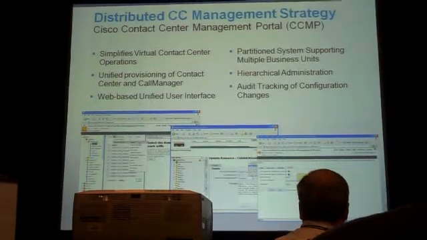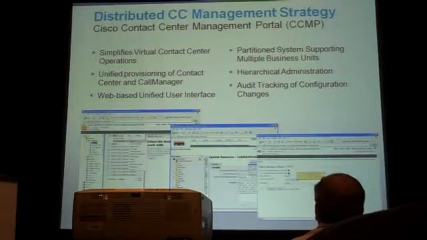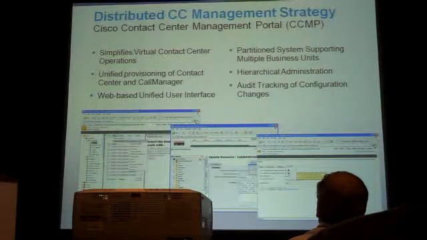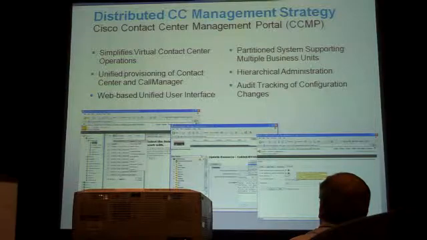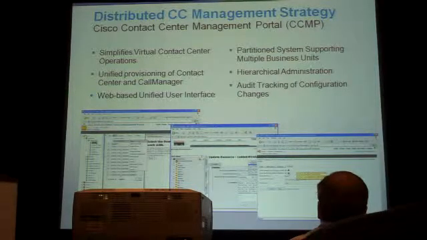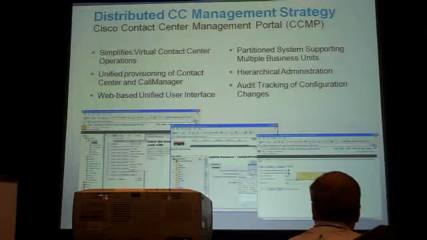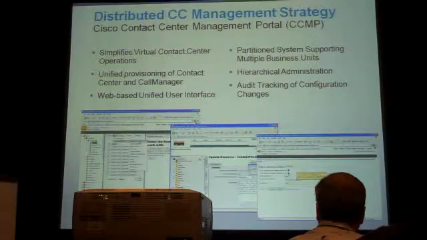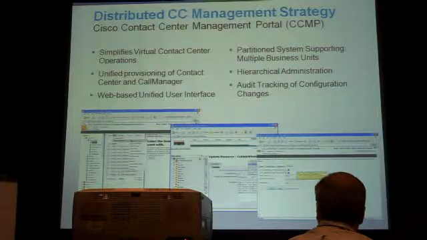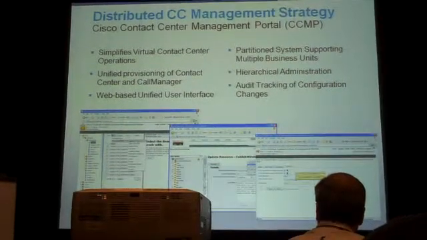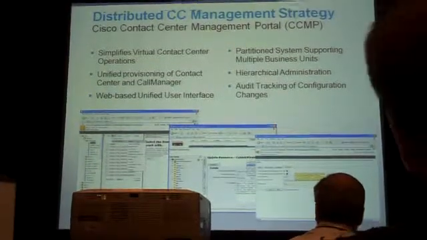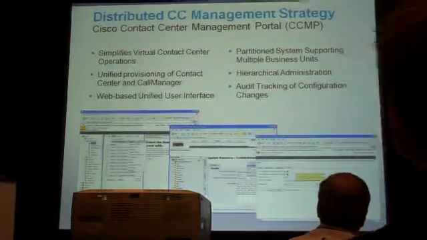And then, of course, I've mentioned a bit about our provisioning and moves, adds, and changes type capabilities that are all enabled by a web-based platform and web-based interface called the Cisco Contact Center Management Portal, or CCMP. It really virtualizes all your contact center operations. It allows you to break down your various operating groups, maybe even in segmented business units, if you will, and give specific supervisors or contact center managers access to one specific area of their business to be able to add skills or add agents, remove agents, do the types of things that they may do on a day-to-day basis, all within a single platform. And it allows them to provision the agent device as well in terms of communicating back to the call manager and actually initiating some of those changes. It has, of course, the ability to do all the audit tracking for